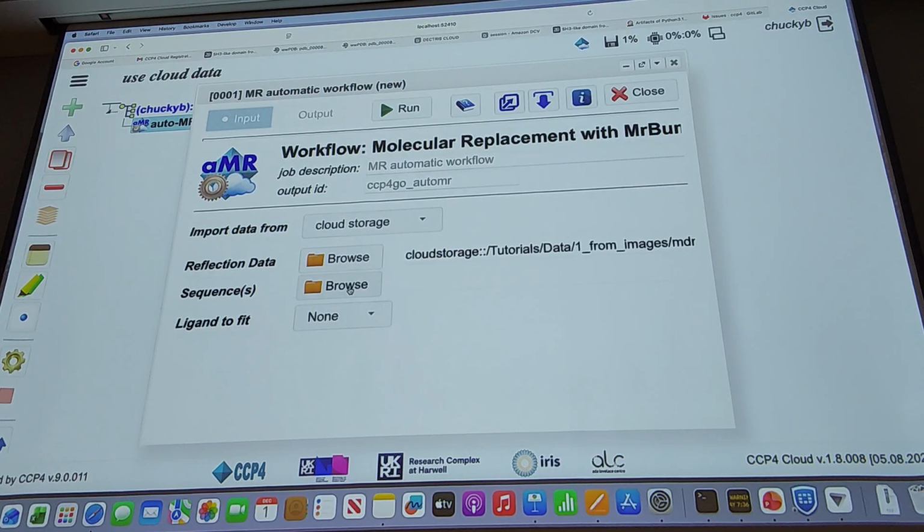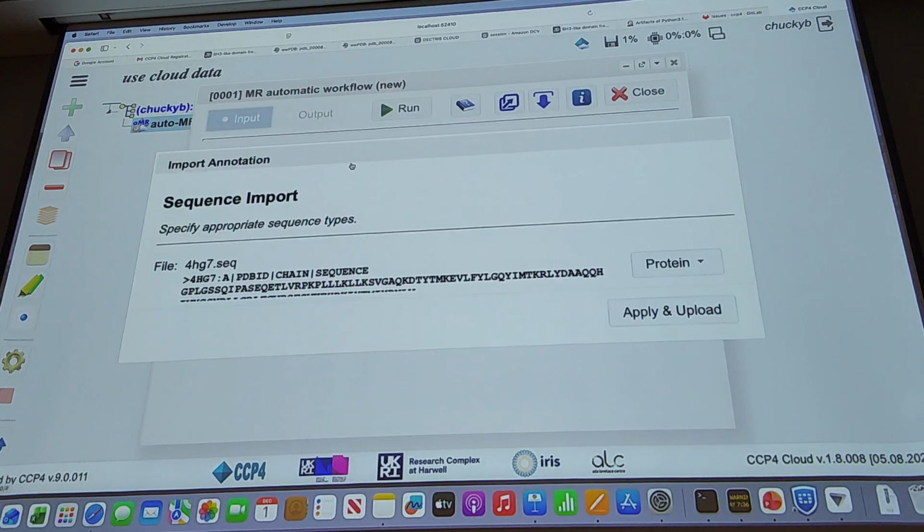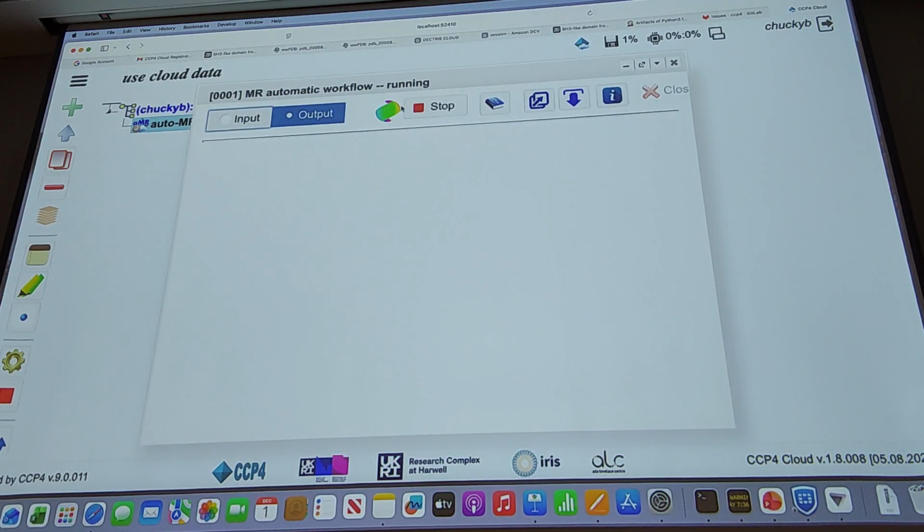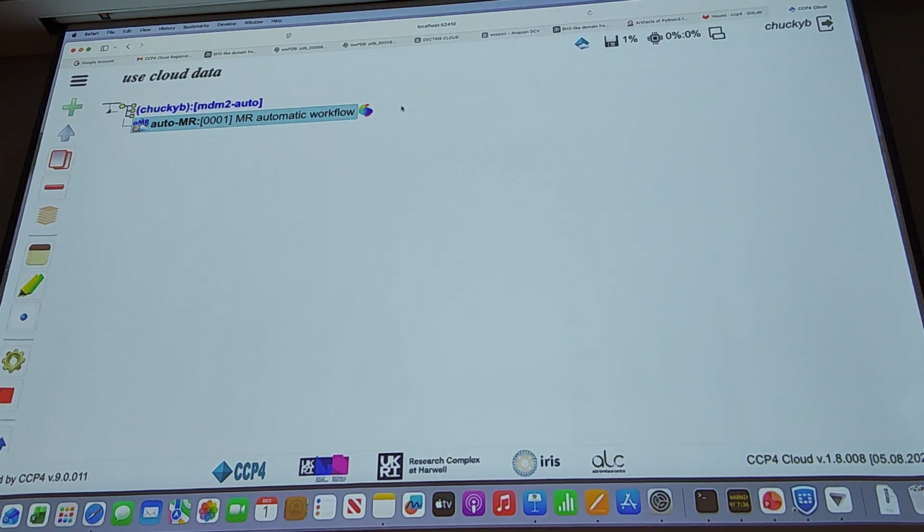So if I load the files and the sequence, apply, I'm not going to bother with the ligand. I can just hopefully run those. And just like CCP4 Cloud, upload the data and run it. So those are in the cloud tutorials. So you have access to that, so you can do that. Now, I don't know how far this will get,